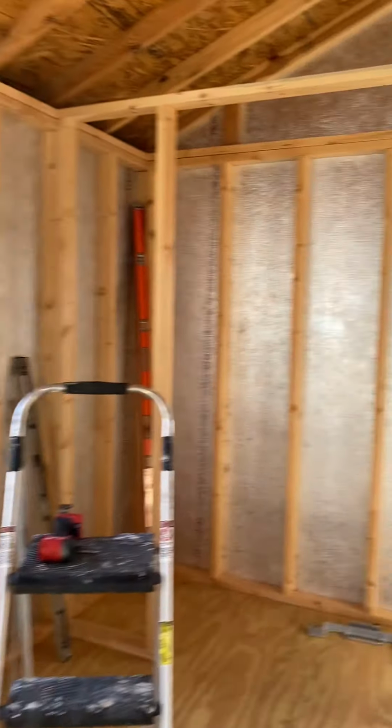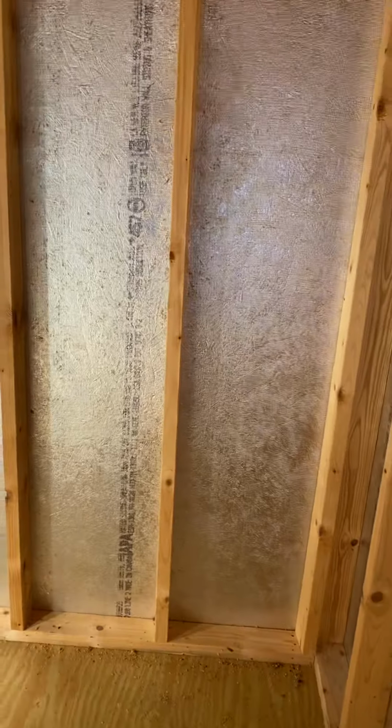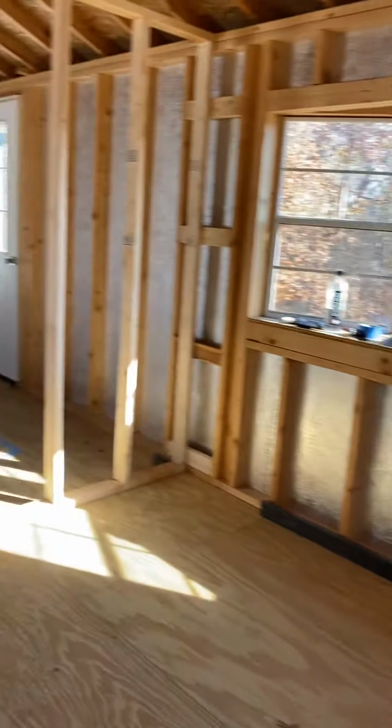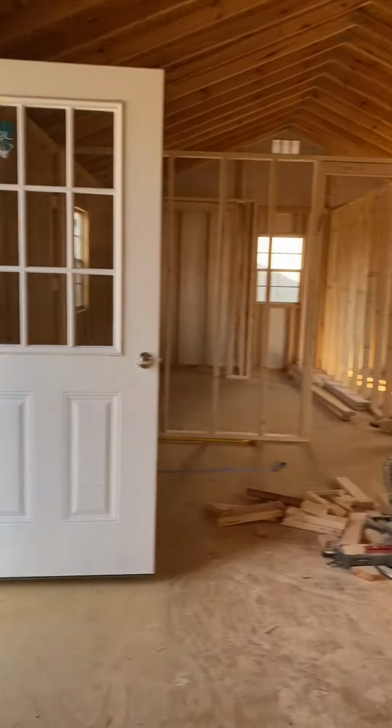And then we have our closet. And then this is going to be her office. And I think we're going to put our washer here as well. We got one of those washer dryer combo things. It's great for electricity use, it's very efficient. So that's going to go there as well. So it's going to be tight, but it's just to get us going until we can get the construction going